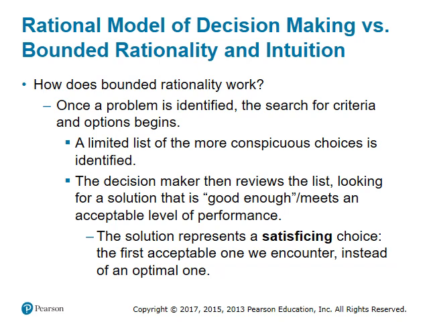Once this limited set of options is identified, the decision maker will begin reviewing it. The decision maker will begin with options that differ only in relatively small degree from the choices currently in effect. The first option that meets the good enough criteria ends the search. But remember, satisficing is not always a bad idea. It is a simple process that may frequently be more sensible than the traditional rational decision-making model.